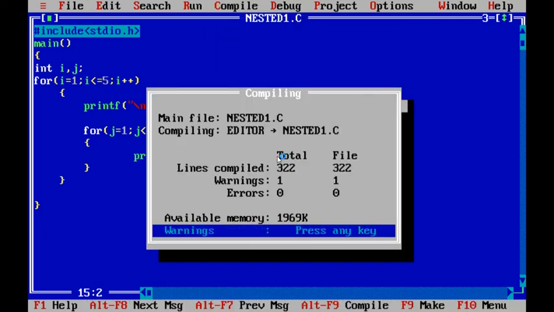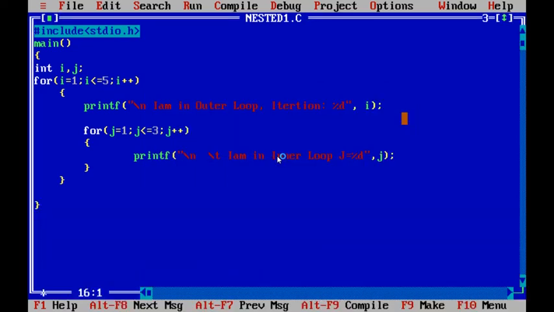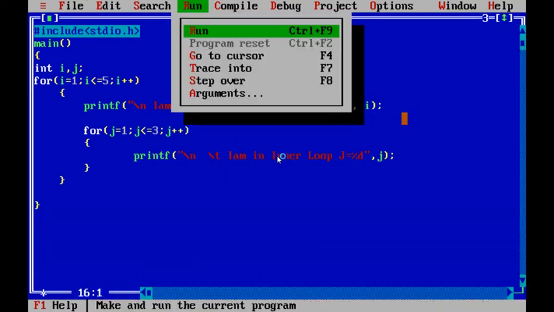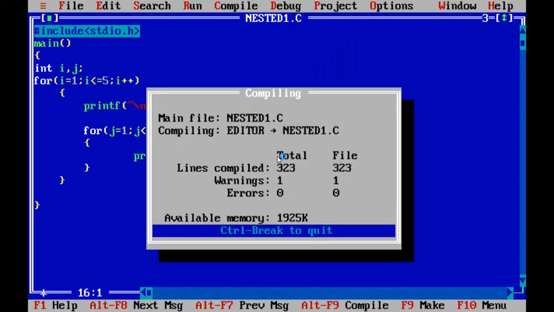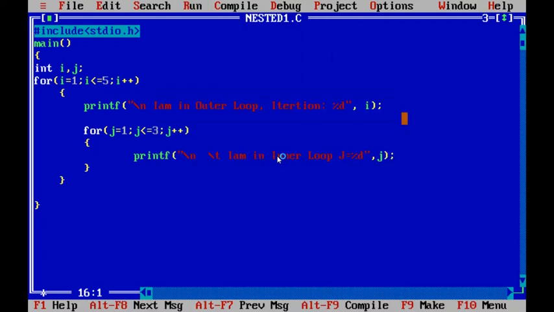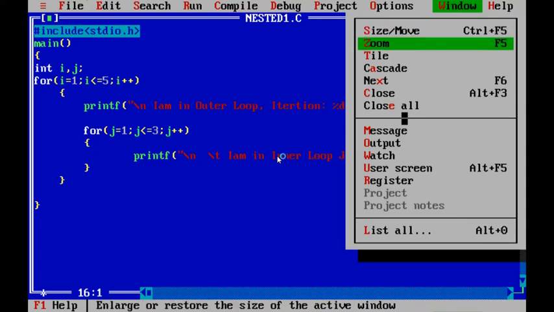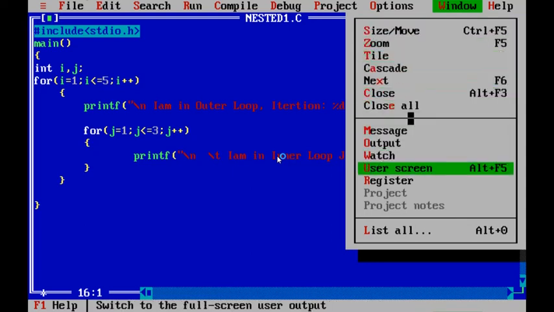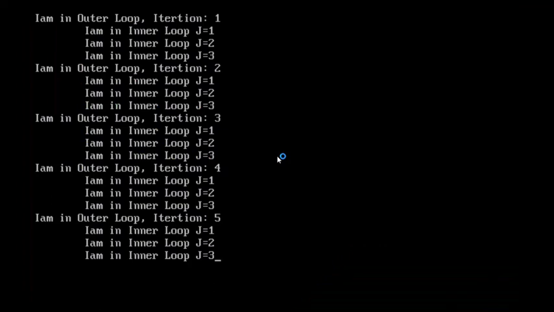Compilation is successful with 0 errors. Run the program, Control plus F9. Program executed successfully. To see the output, Alt plus F5, user screen. Yes, this is the output.